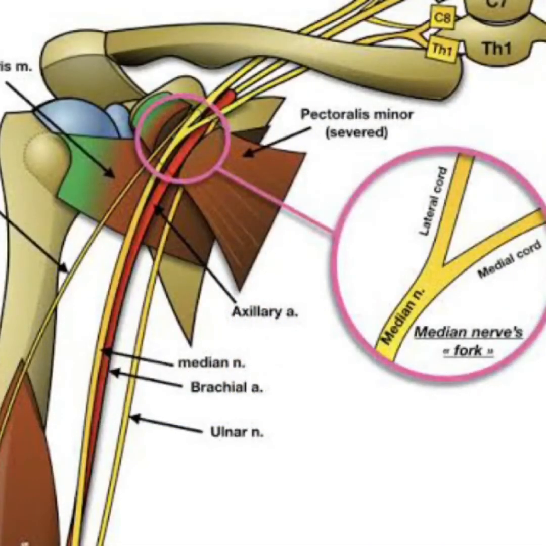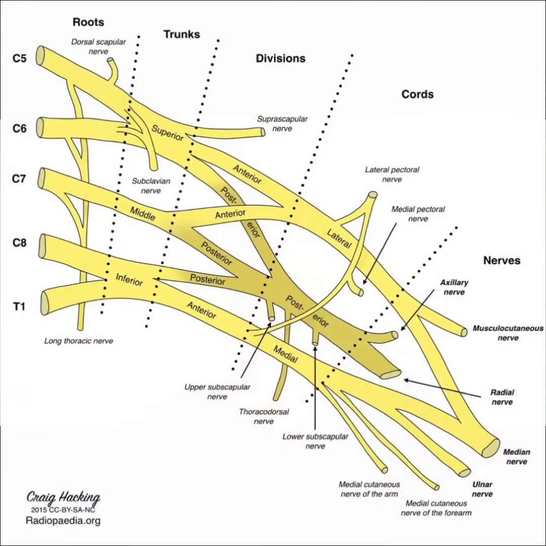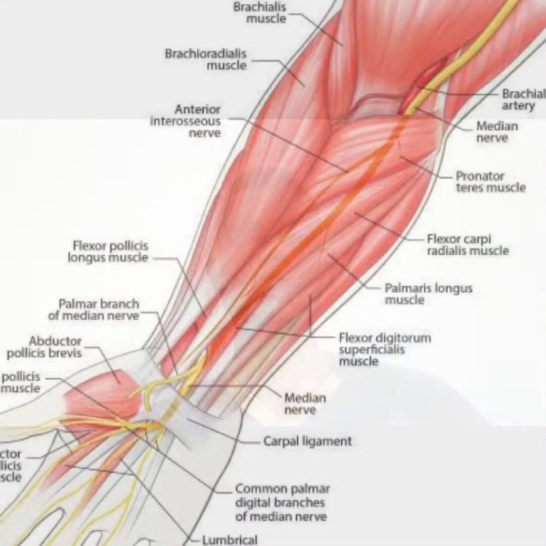The next branch of the brachial plexus that we'll be looking at is the median nerve. The median nerve root is from C6 to T1, although in some individuals there are nerve fibers from C5, but majorly it is C6 to T1. The median nerve innervates the muscles of the anterior compartment of the forearm, the thenar muscles, and the 2